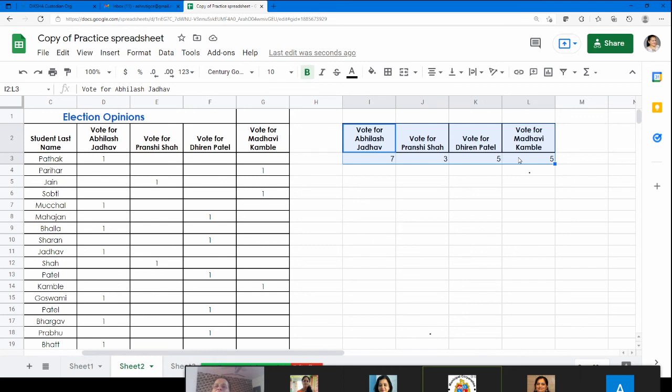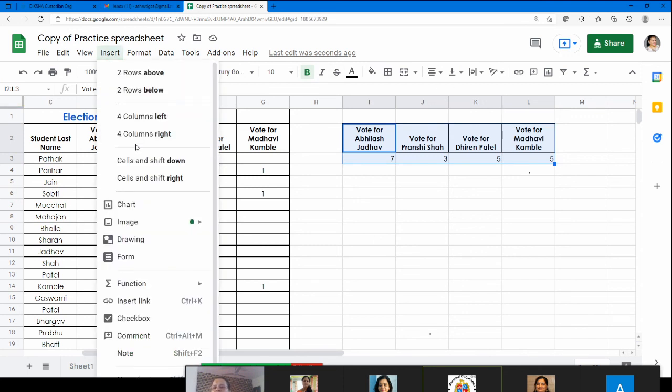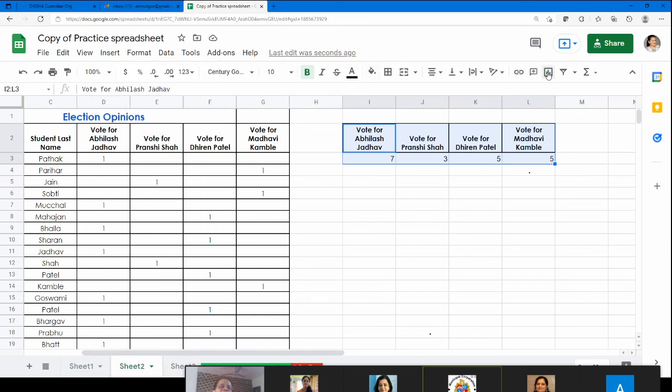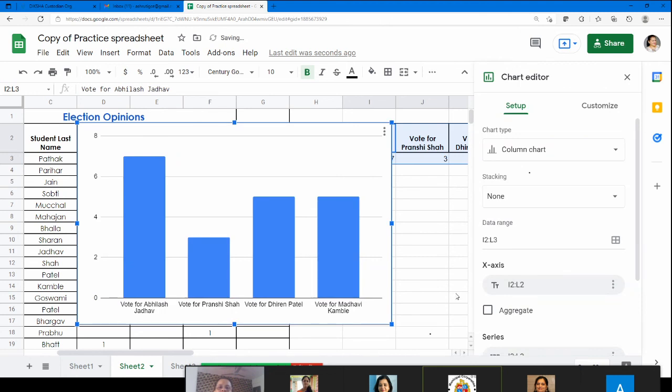Okay. Now there are two ways. Either you go in insert and chart, or a shortcut is there. You can put chart here. So when you click on chart, it asks you what type of chart you want.